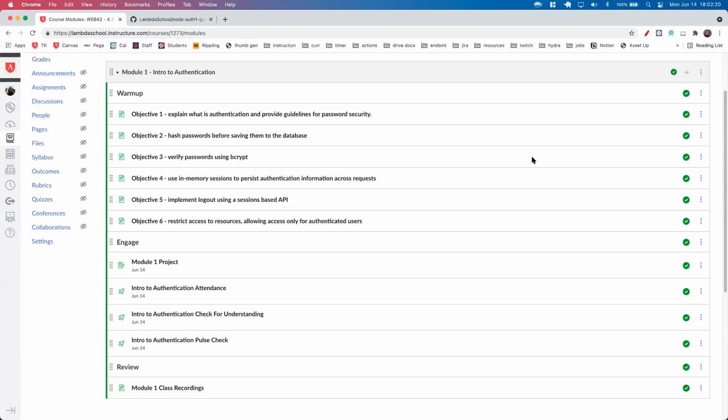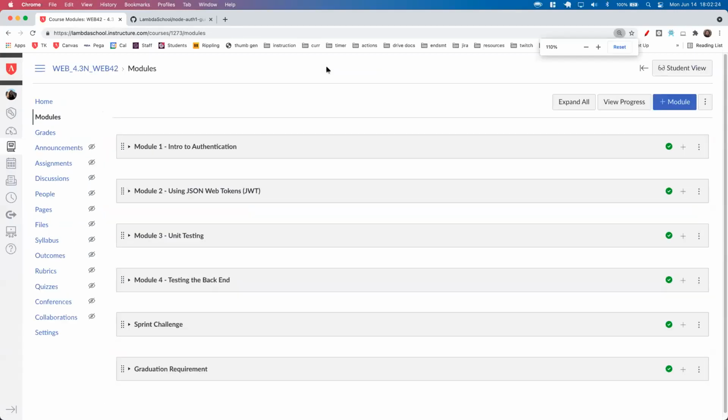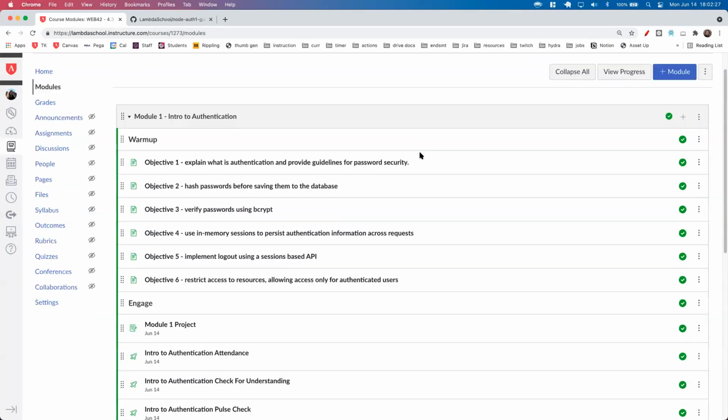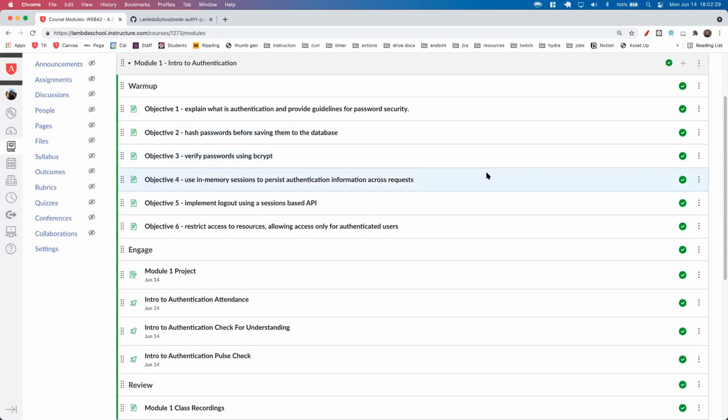We're going to take a look at Intro to Authentication. There are several approaches to authenticating clients against an API. Today we will learn a very common and simple approach that relies on two things called sessions on the one hand, and cookies on the other. Along the way, we will discuss